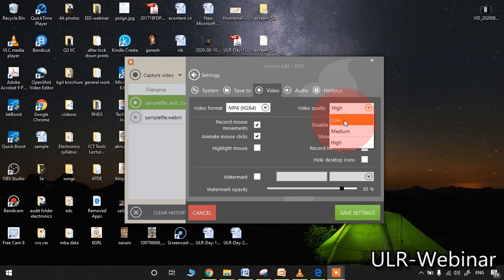Some members are saying that after recording they find the file size large, and ask how to compress it. So after recording, don't worry about compressing. Before starting the recording, as per your requirement, you may initially choose low or medium or high quality. If I am choosing the medium quality, a normal video file will be downloaded at last.